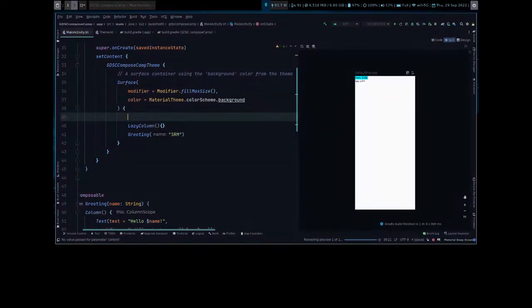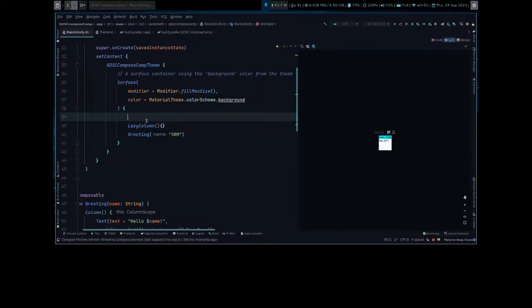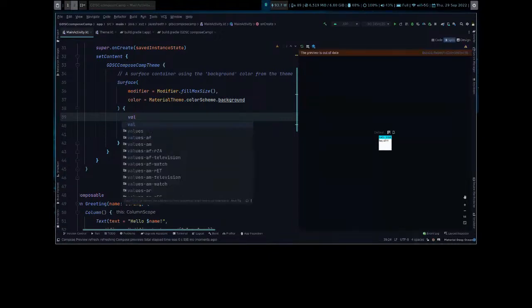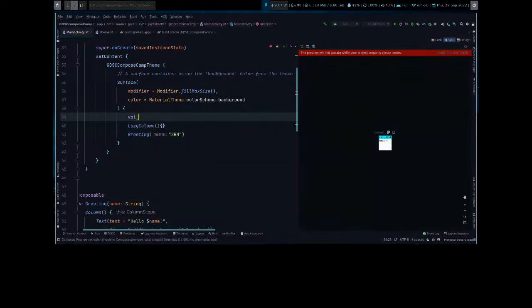So for lazy column, since it already has a scrollable function built into it, we can use something like keeping track. This is a remember function that is used to remember the state of whatever the composable is currently in. So we can declare a variable. Val is an immutable variable, so it cannot change. We can name it something like